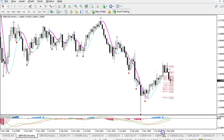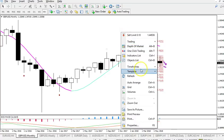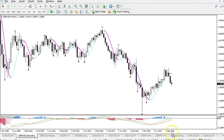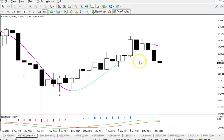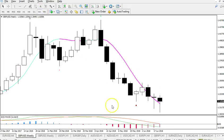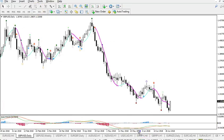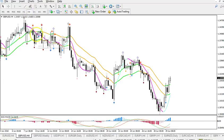Let's take a look at these time frames here. Let me renew this quickly. So we have not a very strong candle. Looks more like a doji indeed. We got wicks at the bottom. HMA is still down. And on the daily chart, we see that price is kind of making that falling wedge we already discussed. So pound dollar is a little bit less clear to me, but I'm leaning towards more upside